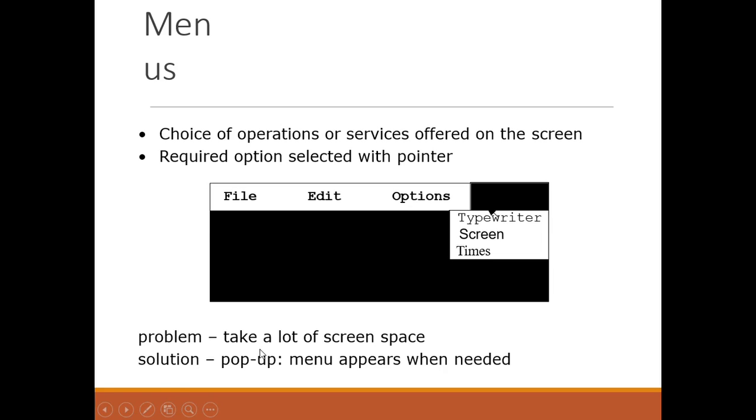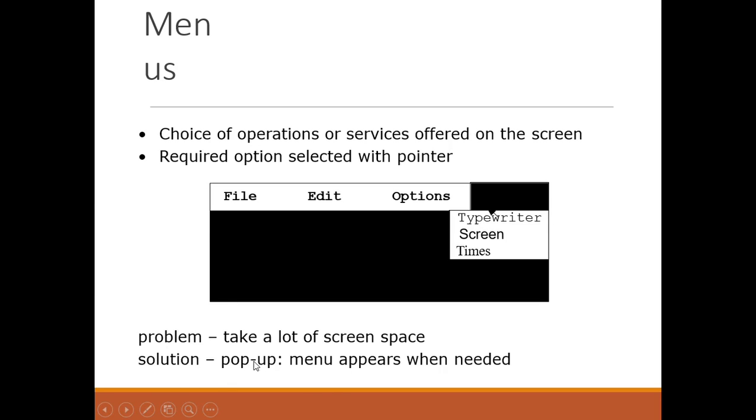What is the problem with the menu? It takes a lot of screen space, because a big screen is showing you so many options, so it will take a lot of screen space. But the screen space was less in icons, as you have remembered, because we were iconifying the whole window into a smaller icon. So there we were saving space, but here a space problem is there. But what is the solution?